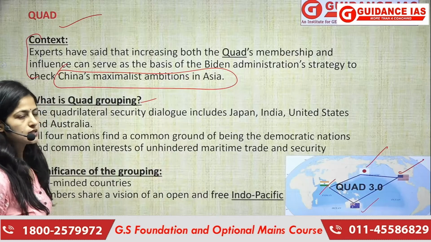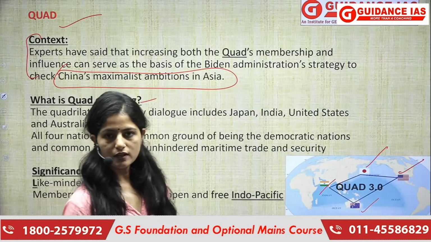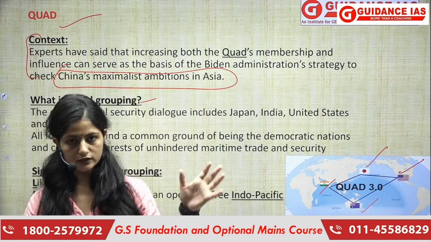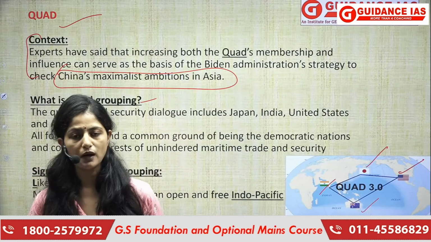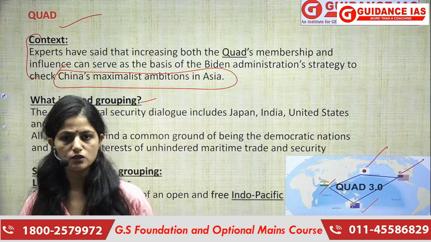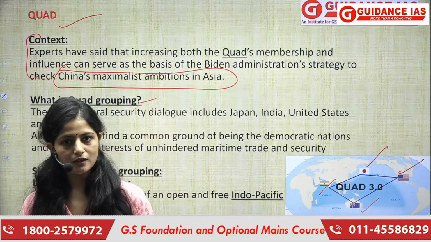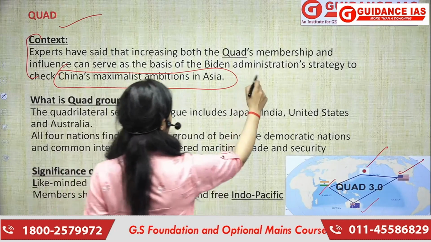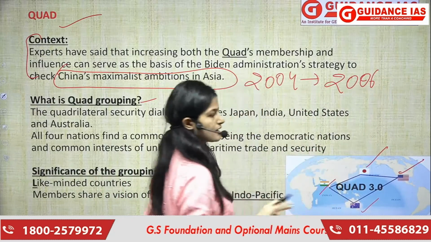Quad grouping hai kya? This is a group of four like-minded countries which came together. I'll tell you a little bit of historical background of it. You all must have heard of the 2004 tsunami. That was the time when all these 4 member countries came together, but that was not to form this Quad group. That was to help each other because of that tsunami. So that was wholly a humanitarian purpose. That was the first time they came together informally, but formally things started in 2006. So the timeline: 2004 mein tsunami happened, but 2006 mein formally things started regarding Quad.